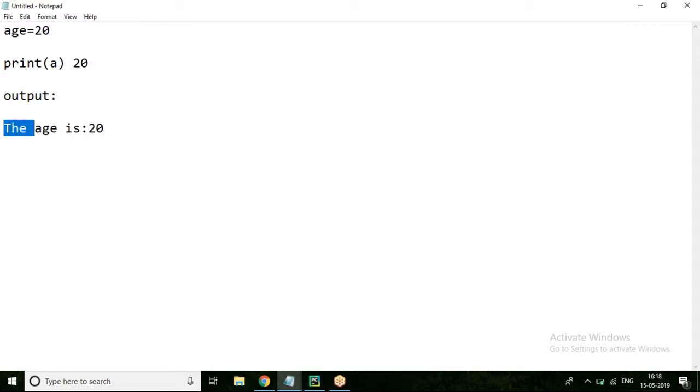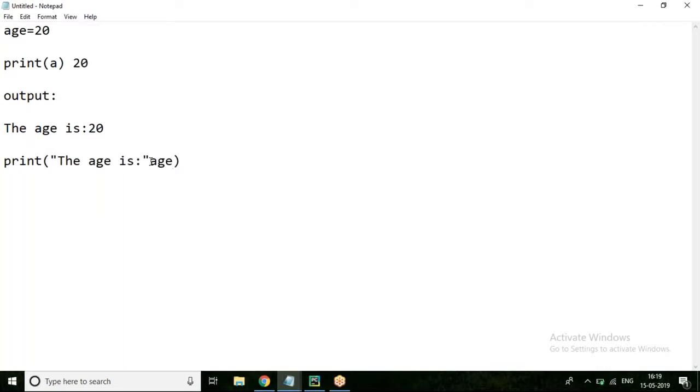So we know whatever we want to print as it is onto the monitor, we put in the print function. So "The age is:", up to that I want to print as it is. 20 should be printed. 20 is there in which variable? The age variable. If you put it like this, what will happen? "The age is age" only will be printed, because that also you kept in double quotes. Put this age out of the double quotes. So this will be printed as it is, and here the memory value will be printed.